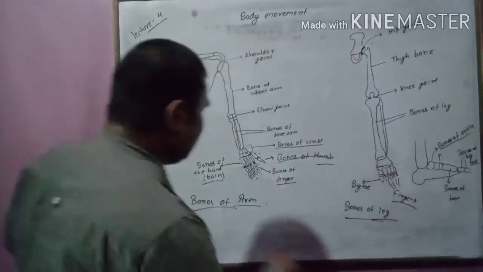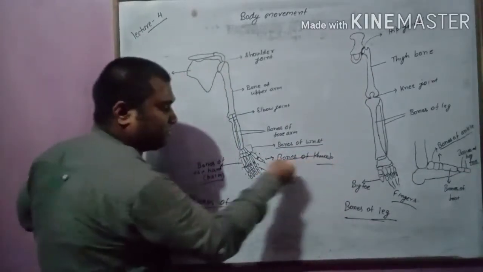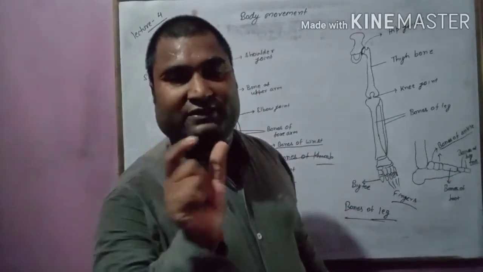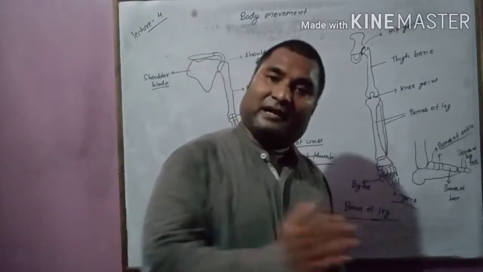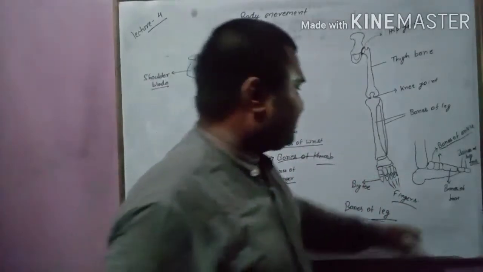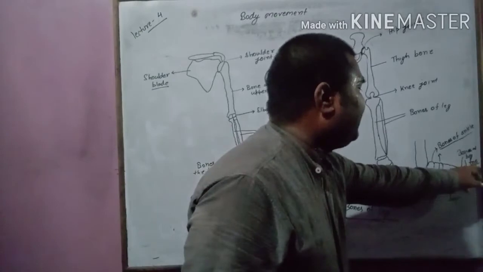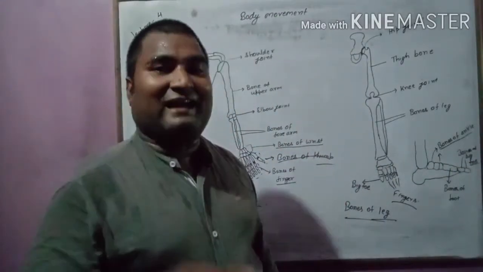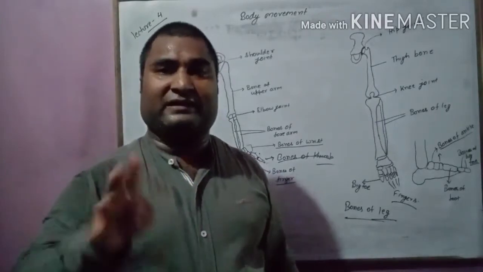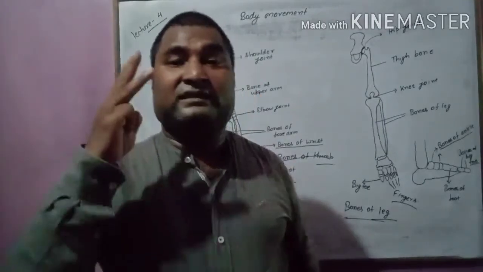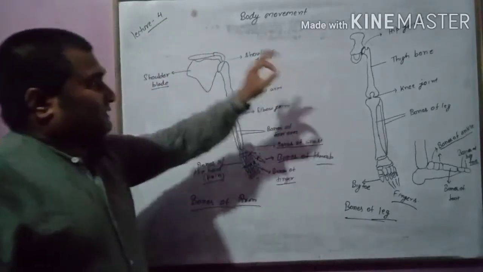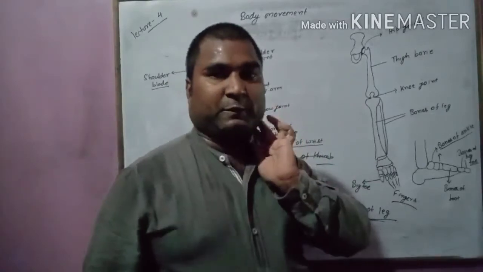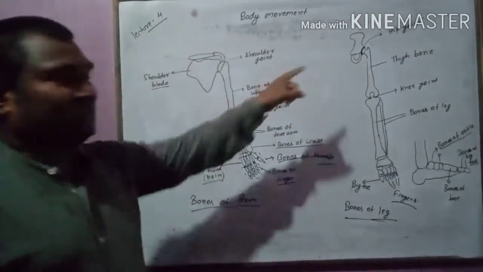Next is the thumb, which you called in the finger. In the leg, the thicker bone, the first toe, is called the big toe. This is the big toe. So the big toe has two bones and the remaining four toes in the foot have three bones each. So the number of bones is the same, but only the name is changing here. I hope you will understand with this diagram.